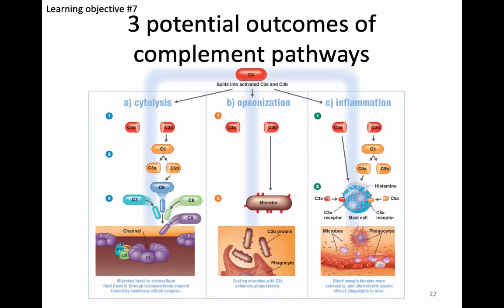In these three outcomes, the first outcome is called cytolysis. Together they form a membrane attack complex, which is essentially a hole punch that will cause holes to be created in the surface of the